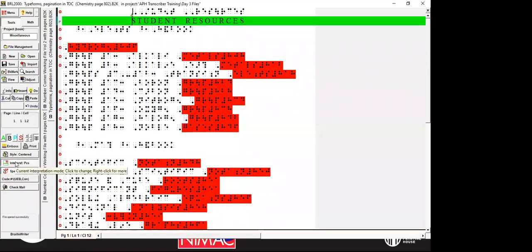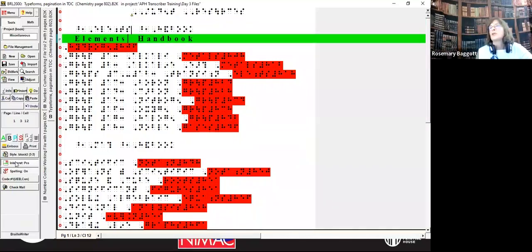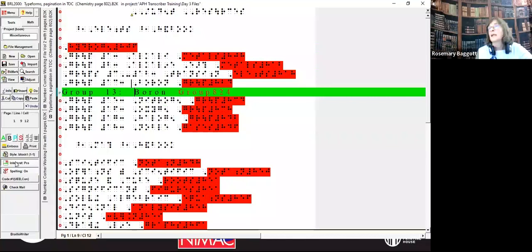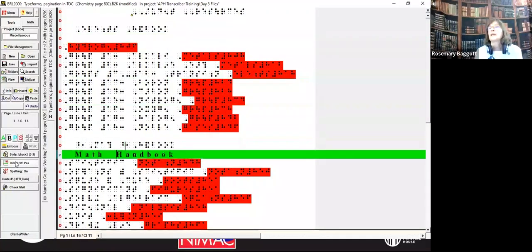Thank you. Okay, so this is another partial table of contents in a chemistry book. For the purpose of this course, I just opened to this page. This also shows the table of contents for the student handbook. Now you'll notice that they read, for example, the title, Elements Handbook, and they put that in bold type. So I'm just going to change it manually. It's a simple fix. I don't need to select a whole section. I'm going to do that for each of these headings.